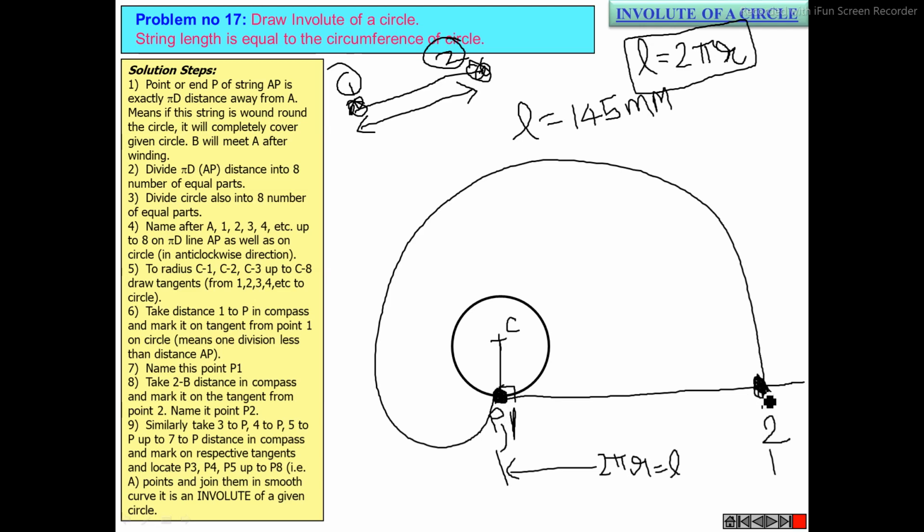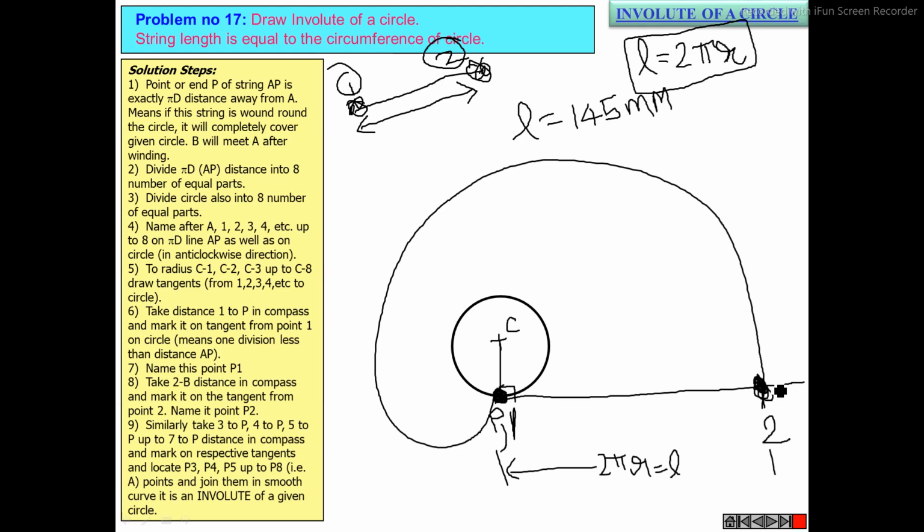If you remember, when we were discussing the cycloid case, epicycloid case and hypocycloid case, every time we were dividing our circle into minimum 8 equal parts to get 8 different locus points. Here also, so far we have got 2 locus points, we need 6 more locus points, so 6 plus 2 is 8 including these two. So again here also we need to divide our given circle into minimum 8 equal parts. You can do it more also, but minimum you have to divide your given circle into 8 equal parts. Clear?